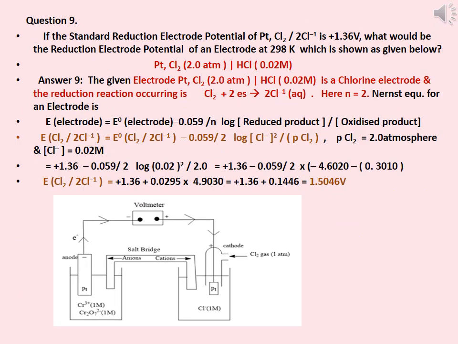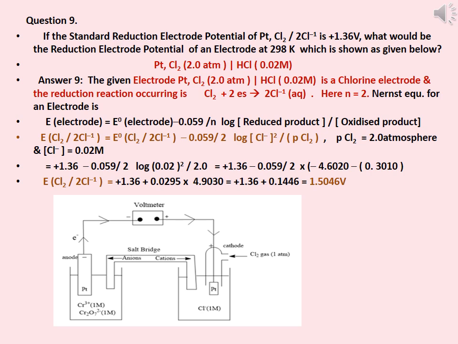Ninth question. If the standard reduction electrode potential of Pt, Cl2 bar 2Cl minus (chloride ions) is plus 1.36 volt, what would be the reduction electrode potential of an electrode at 298 Kelvin, which is shown as given below? Pt, Cl2: platinum with chlorine gas absorbed on it. Partial pressure of chlorine gas is 2 atmospheres. Dipping into HCl solution, concentration is